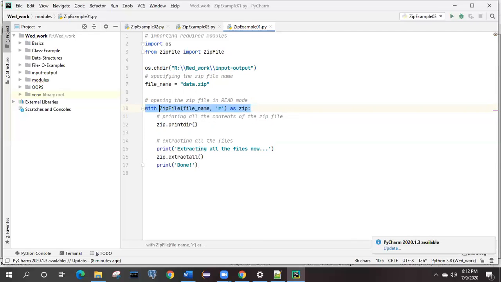So you are having the zip function now. This basically tells that whatever file you specify over here, the same name will be taken as the zip. If you see the description over here, file name, it should be a string, and now it has got the value data.zip. So whatever name you give, that will be treated as the zip file name.